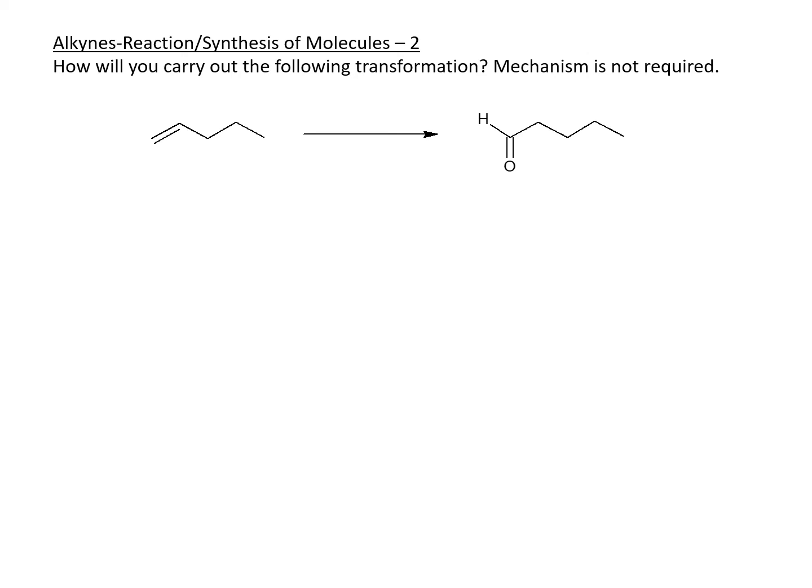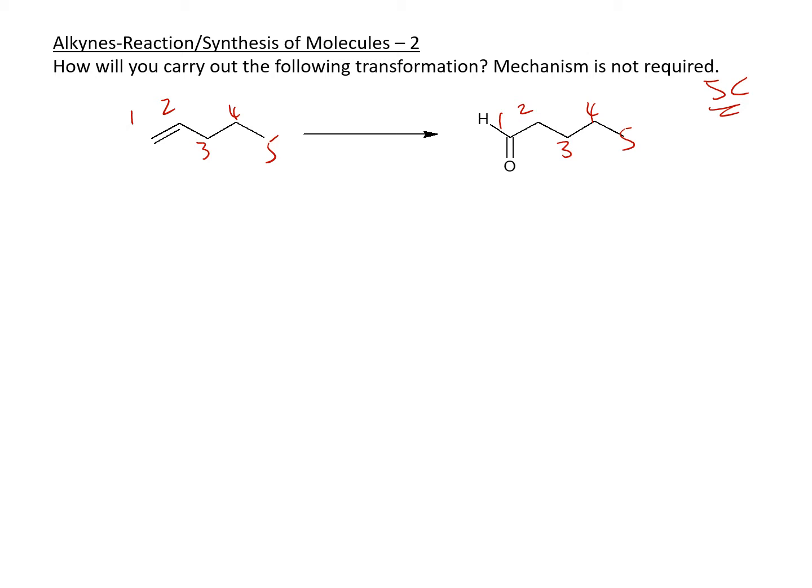How will you carry out the following transformations? So first thing we do is count our carbons. So 1, 2, 3, 4, 5. 1, 2, 3, 4, 5. So 5 carbons on both sides. So no adding carbons. Okay, so which means that we're all good to go, at least from that point of